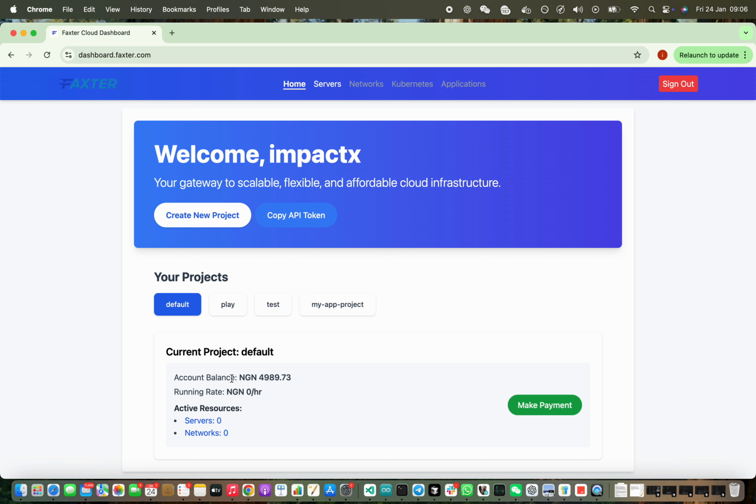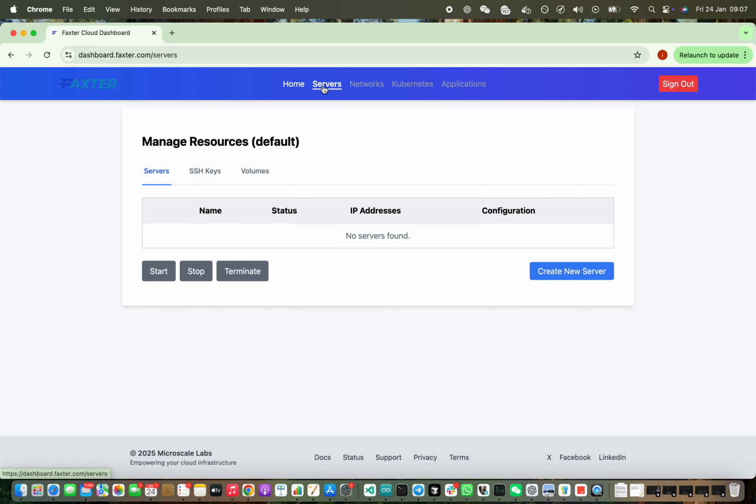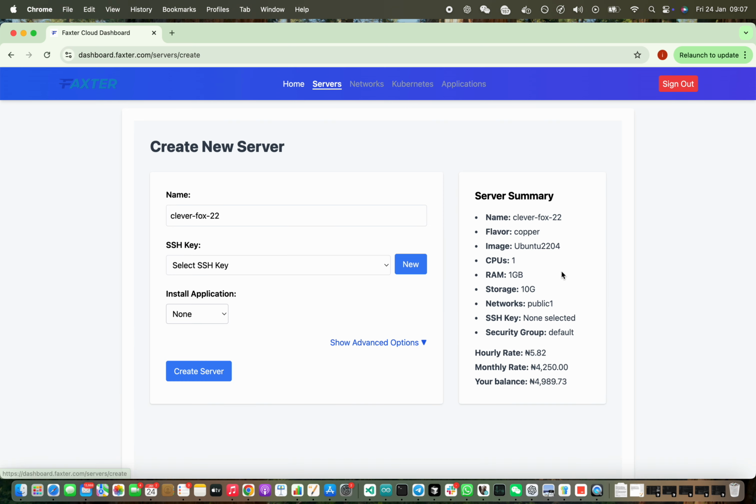Each project has its own account balance, and it has its own servers and other resources. So this is the default project. If you do not have any money, you can click here to make a payment, so that you can now go and create the servers. So let's go back. So create server. On the create server page,